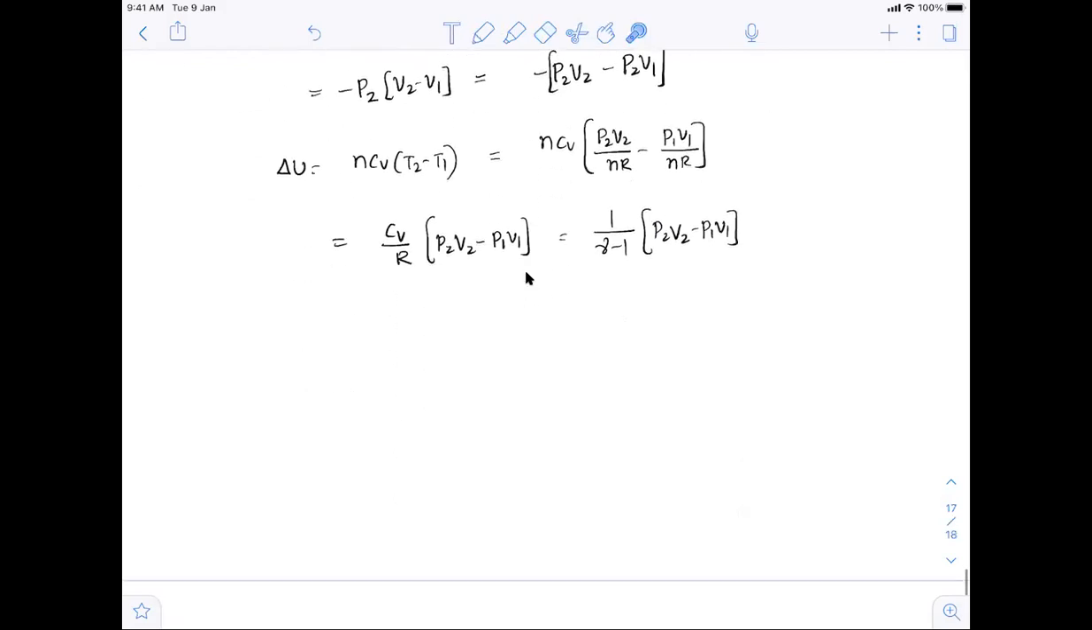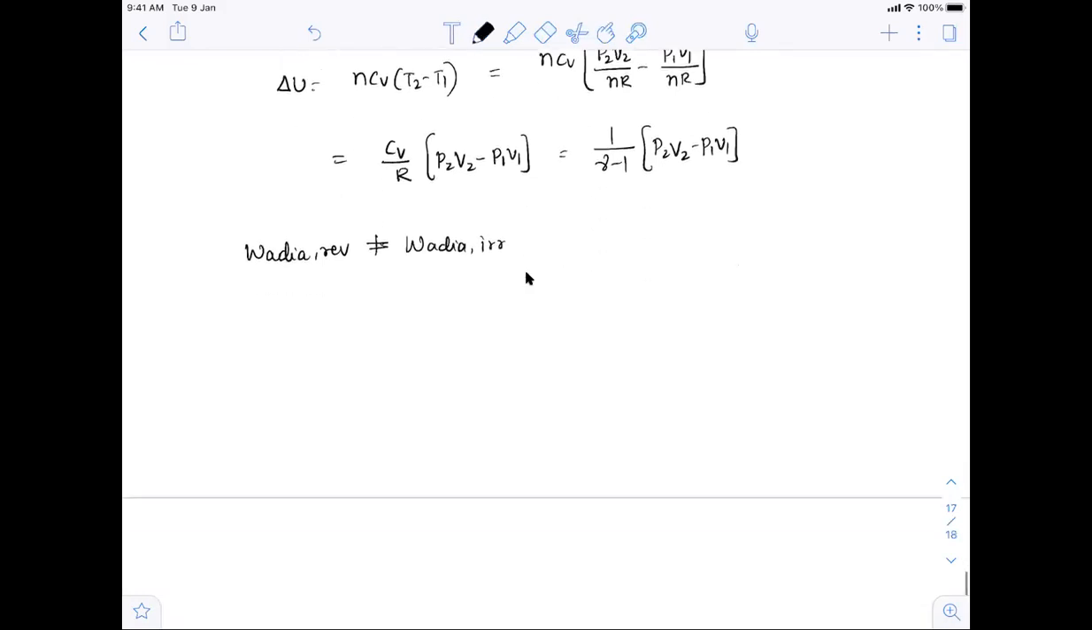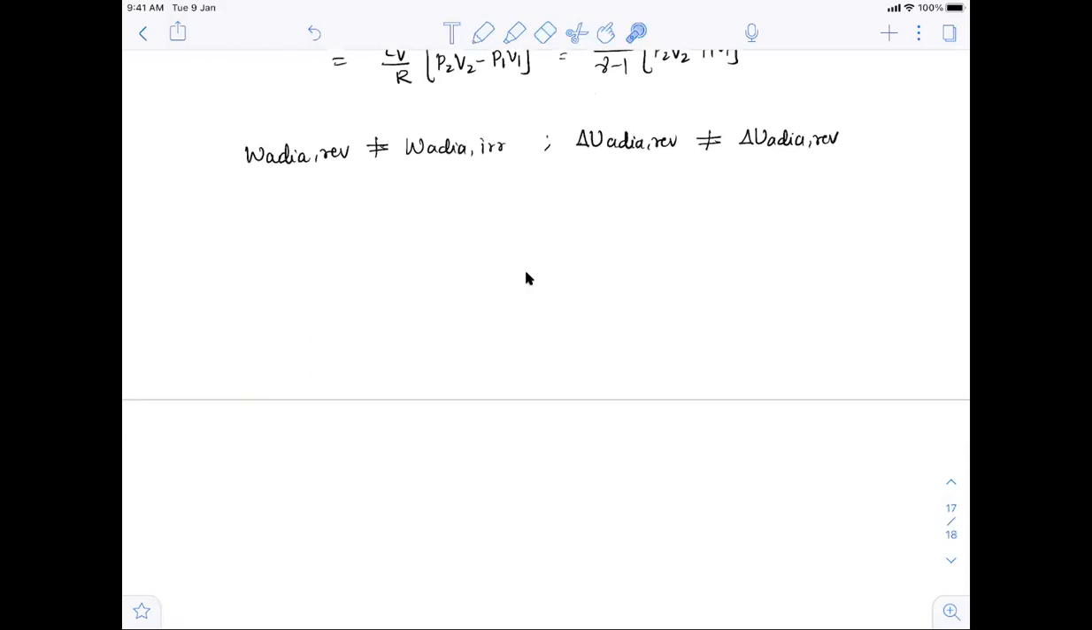So remember this: although the formula looks the same, work done adiabatic reversible is not equal to work done adiabatic irreversible, because these are not the exact same dimensions. Which also brings us to the case that delta U adiabatic reversible can never be the same as delta U adiabatic irreversible. What does this mean? Usually we always say state function should be the same, no? This is irreversible. So